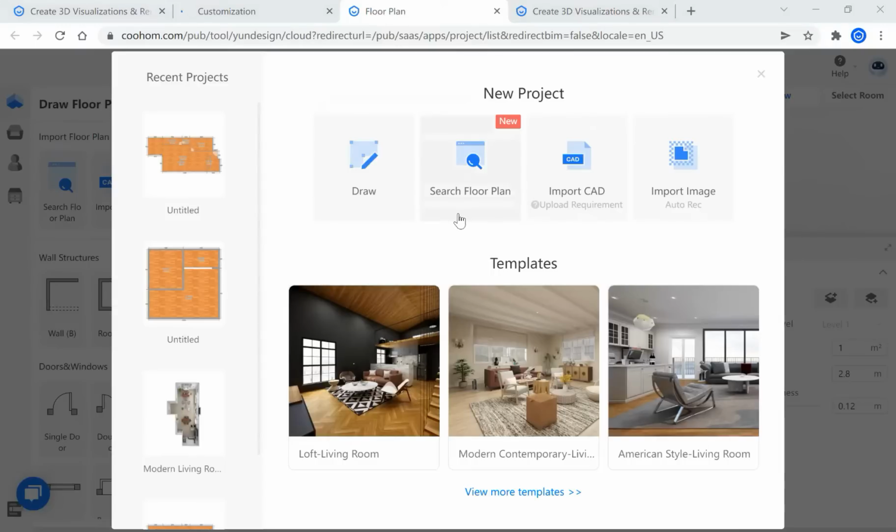Okay, currently you have four different ways to start your project. The first is to draw the plan by yourself, and the second is to search floor plans, which is not recommended for the moment. And also you could upload your CAD file in DWG or import an image in JPEG or PNG and so on. Okay,